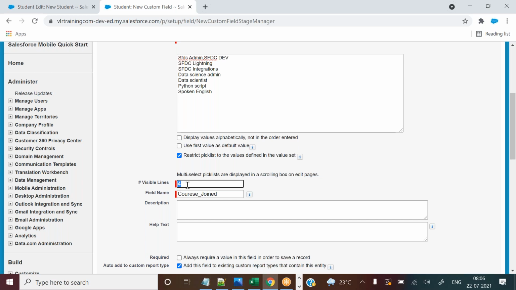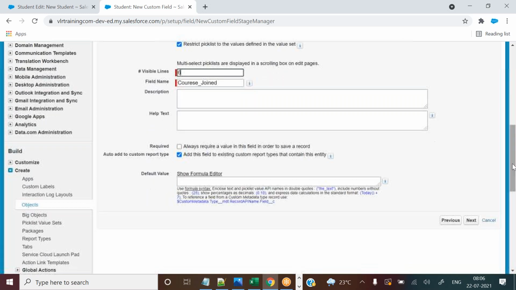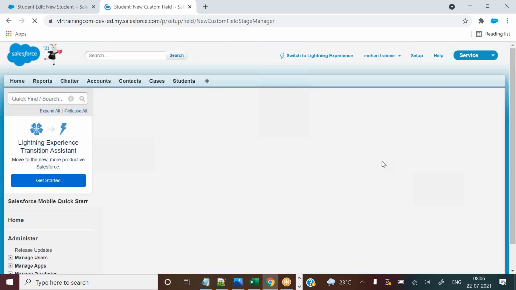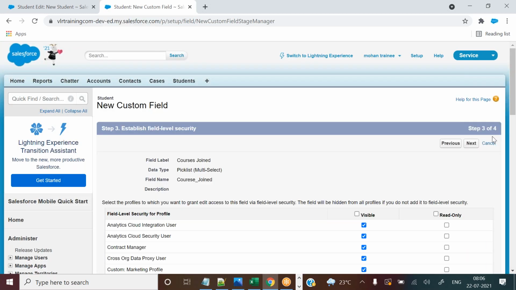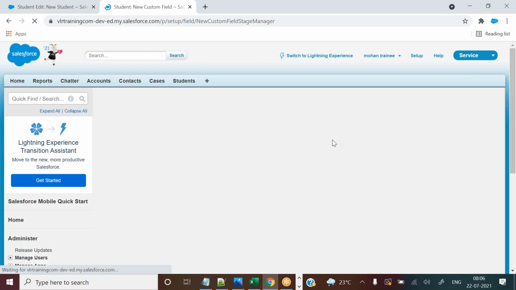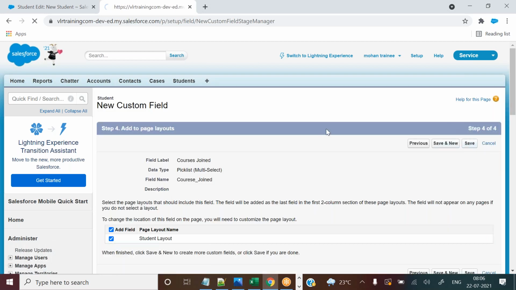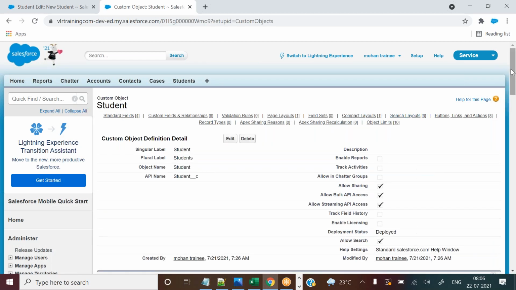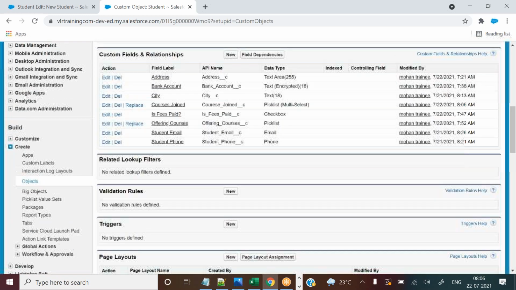If you want, you can increase it up to 5 or 6 lines or anything. Okay, the field API name is there, and click on the next button, and finally save it. You have created a multi-select pick list value.